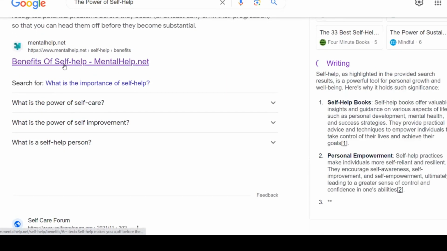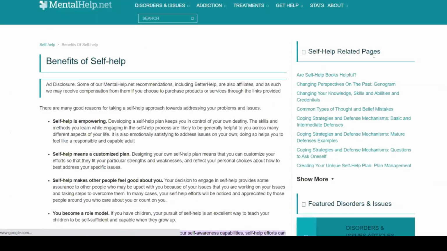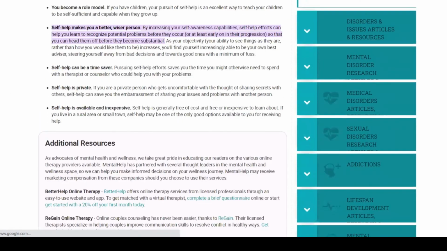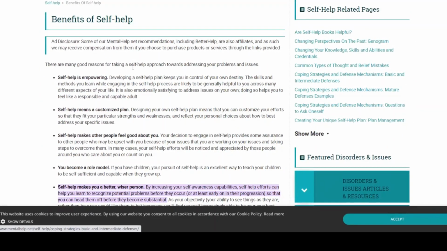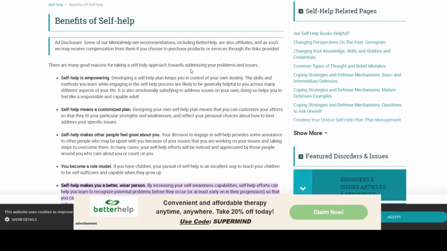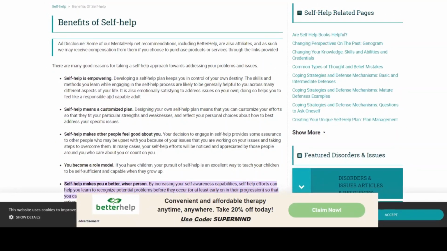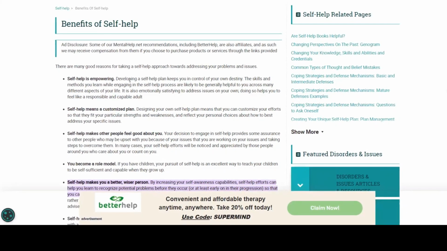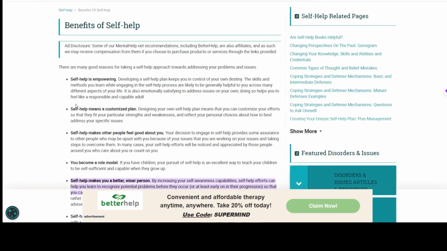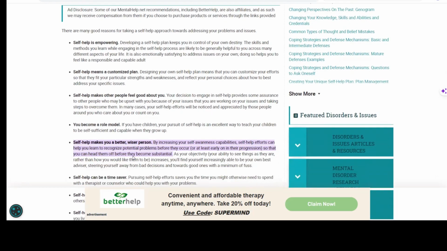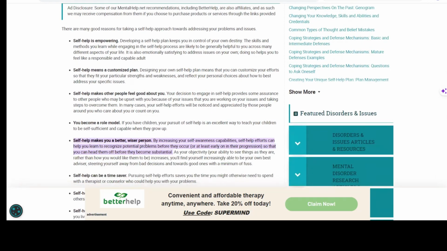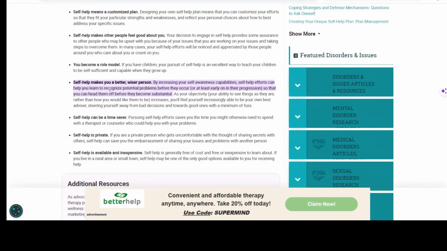If you have this article, the benefits of self-help, if you open it, you're going to see a very well-written article for you. Benefits of self-help. There are many good reasons for taking a self-help approach towards addressing your problems and issues. Self-help is empowering. That's the first advantage of it. Self-help means a customized plan. Self-help makes other people feel good about you. You become a role model. Self-help makes you a better, wiser person. So you copy all these things, write them by yourself, so they're going to become unique, and use it as